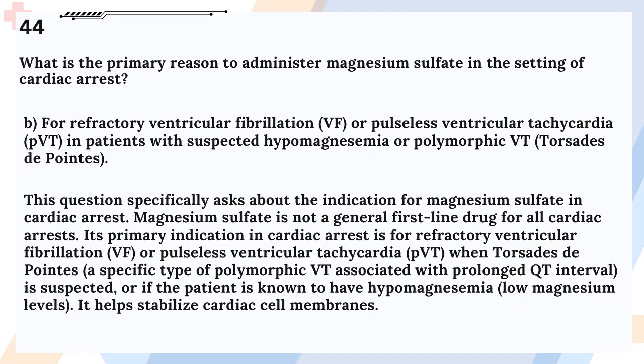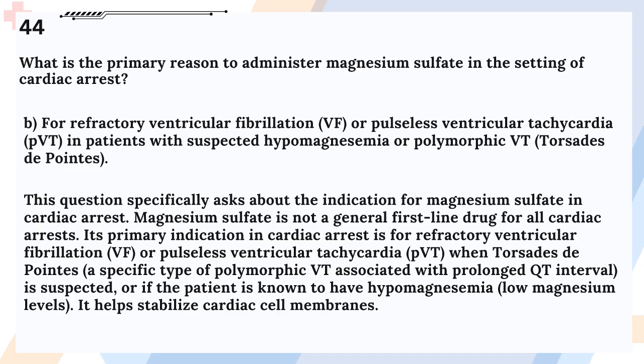Answer: B. For refractory ventricular fibrillation, VF, or pulseless ventricular tachycardia, in patients with suspected hypomagnesemia or polymorphic VT, torsades de pointes. This question specifically asks about the indication for magnesium sulfate in cardiac arrest. Magnesium sulfate is not a general first-line drug for all cardiac arrests. Its primary indication in cardiac arrest is for refractory ventricular fibrillation, VF, or pulseless ventricular tachycardia, when torsades de